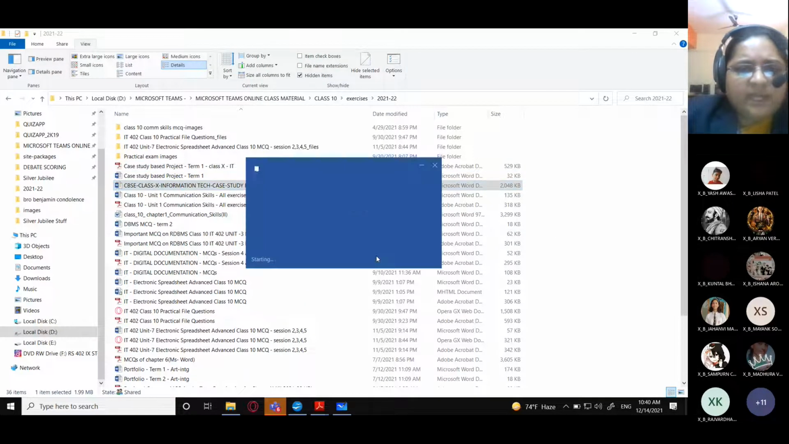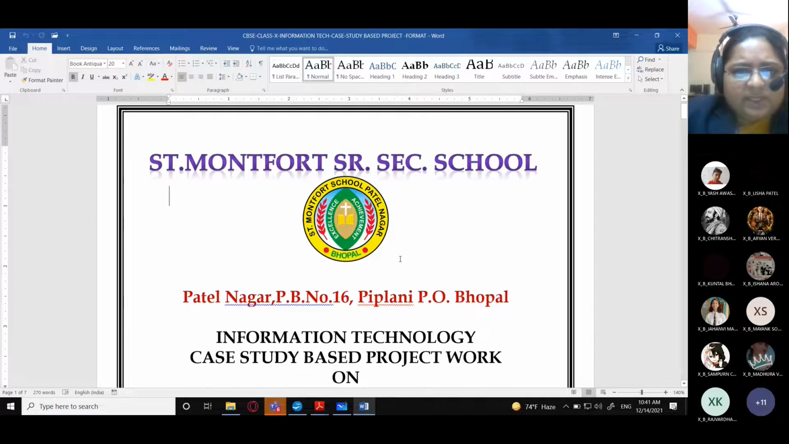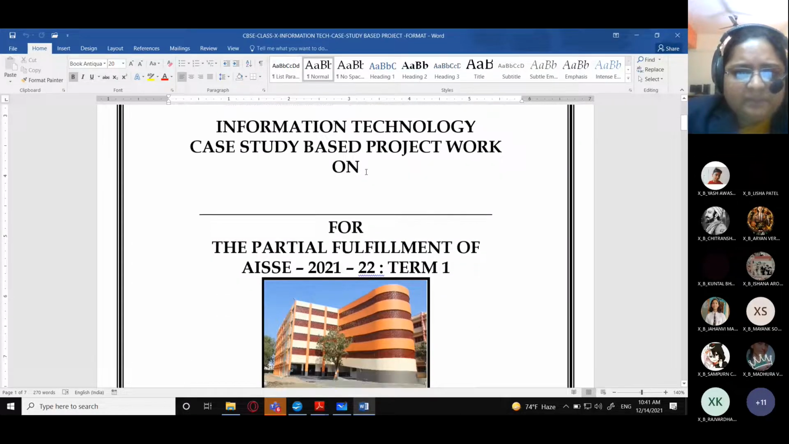A separate file has also been given to you earlier. After today's class, I will be sharing this file once again. This is the format in which you have to submit the file. File kaise banani hai? So this is the cover page of the file. Then, case study based project work on. This area has been left blank for you to enter the actual topic, on which topic you are creating your